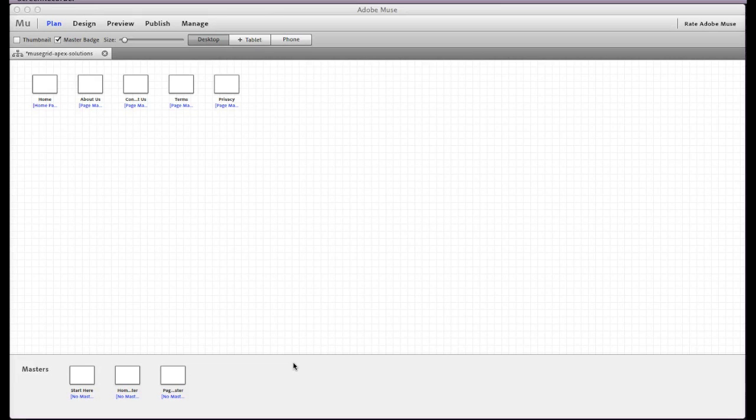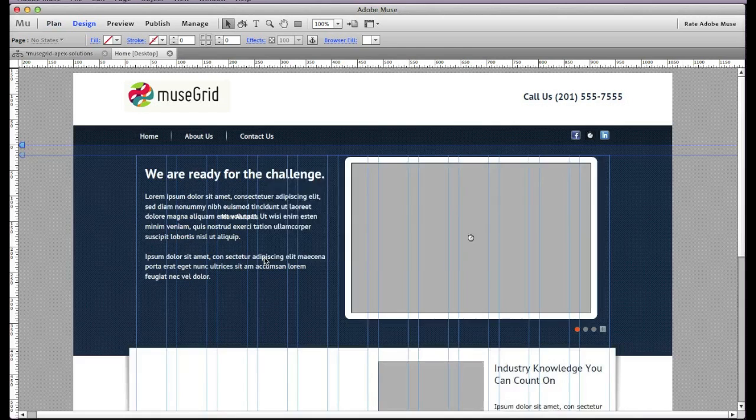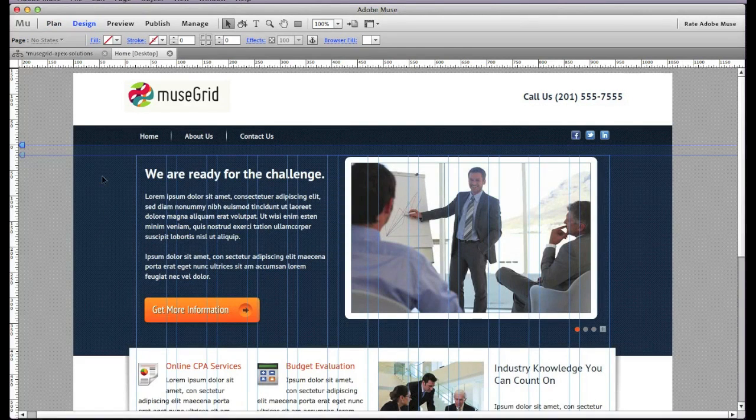We're going to take a look at changing the background pattern in the Apex template. So if we just open up a page here, we can see we've got this nice grid pattern sitting behind the page design. But how do we change it? Because it's not in the browser fill, and you might find it difficult to figure out how to change that